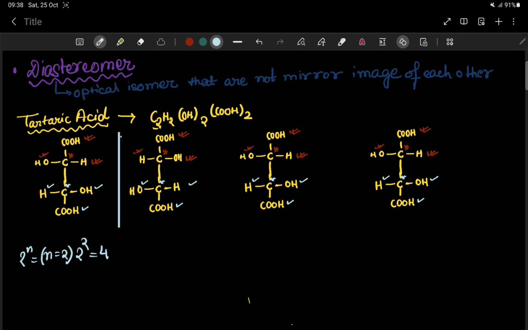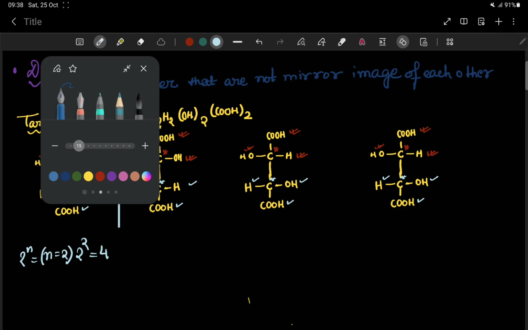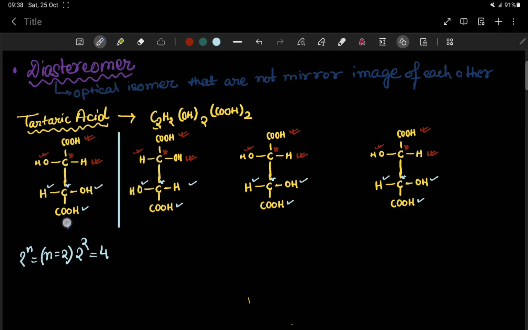This is the mirror image of each other. So these two are enantiomers as well, this 1 and 2. This 1 and 2 are enantiomers to each other as well. Okay,